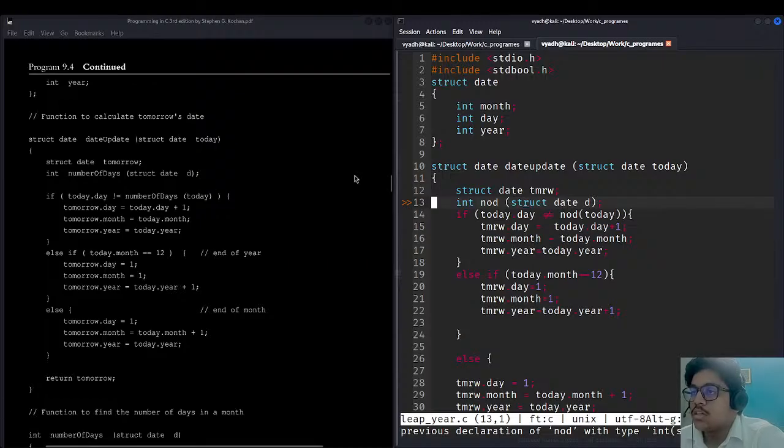आज इसे रिजॉल्व ही करते हैं। डेट टुमारो, डेट अपडेट, स्ट्रक्ट डेट टुडे। एनओडी में एरर दिखा रहा है ये। एनओडी टुडे एंड स्ट्रक्ट डेट। पर यहाँ मैंने डी लिखा है, डी दिखाई नहीं दे रहा है। नाइस। प्रीवियस डिक्लेरेशन ऑफ नोड विद टाइप। प्रीवियसली मैंने नोड को डिफाइन ही नहीं किया यार।